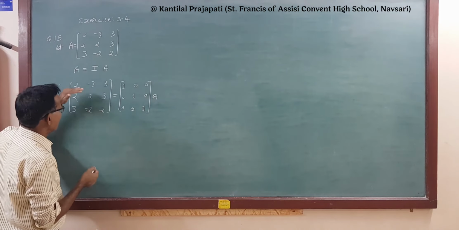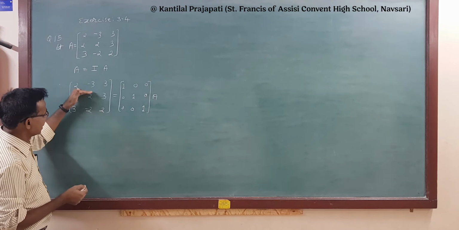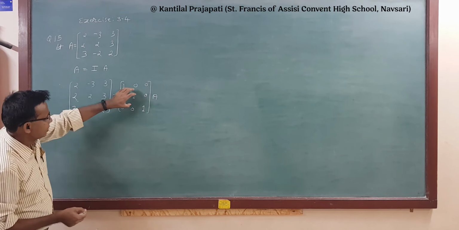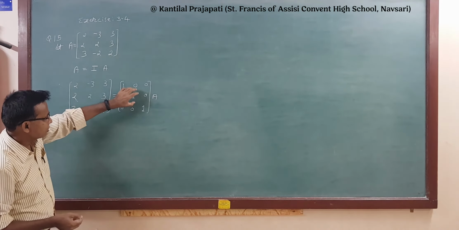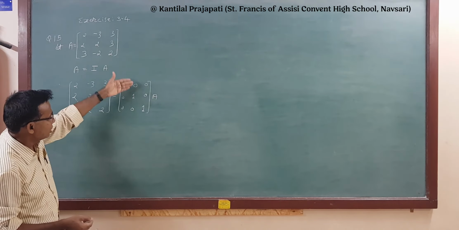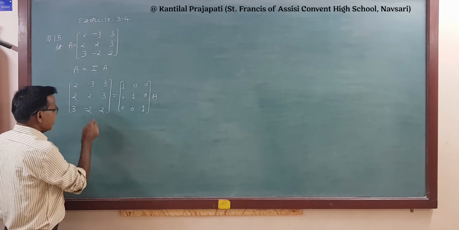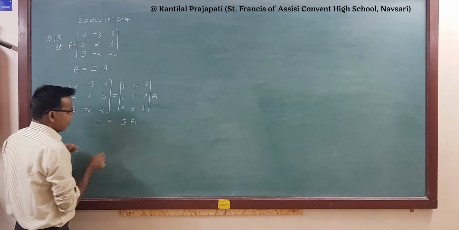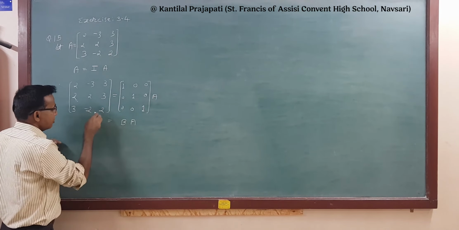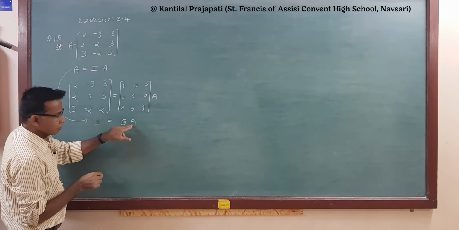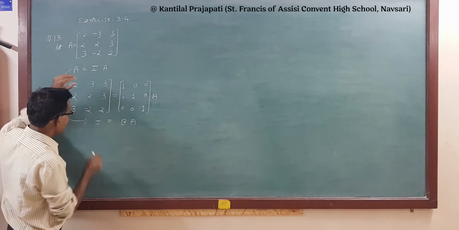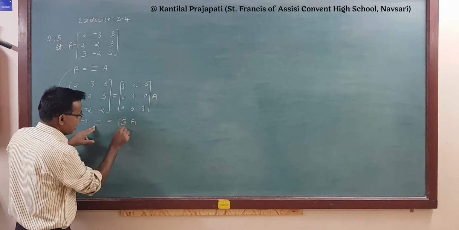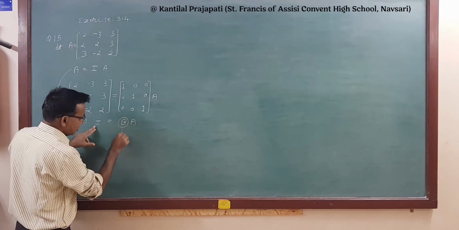Right? Now we have to convert this LHS side matrix into I. And when we apply an operation on this side, the same operation will be applied here. Right? Elementary operation here also. And we convert it into the new matrix, suppose B. So this equation becomes what? I is equal to B into A. Right? We have to convert this form A is equal to I into A into I is equal to B into A by using the elementary operations. Right? I is equal to BA, then B is called the inverse of A and it is denoted by A inverse.